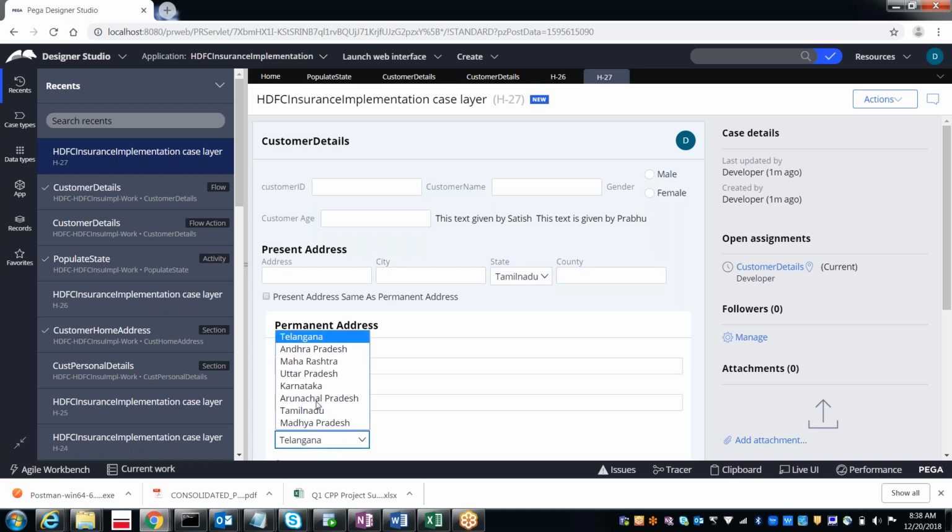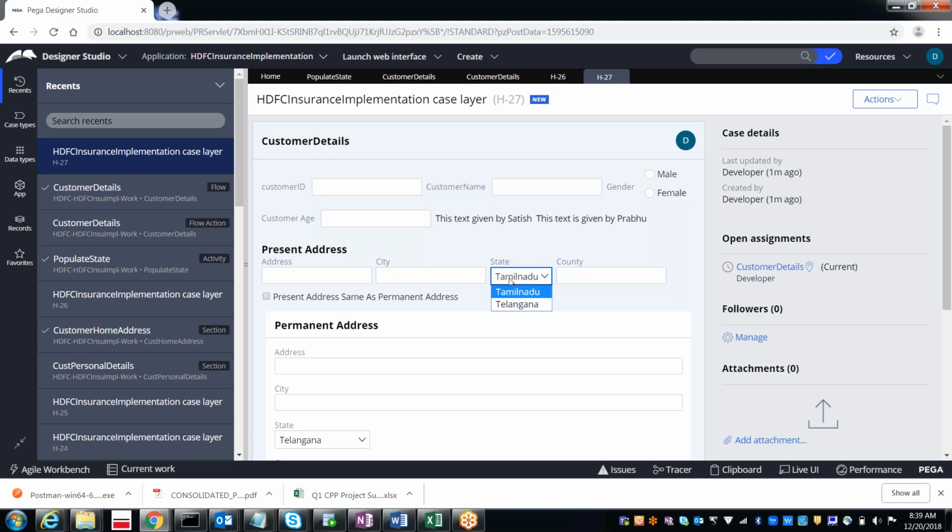So why here are we getting the complete list and here only two values? Because here we didn't mention anything to populate from clipboard. Only in customer details we mentioned it. In the permanent address we again need to change that report definition to clipboard.